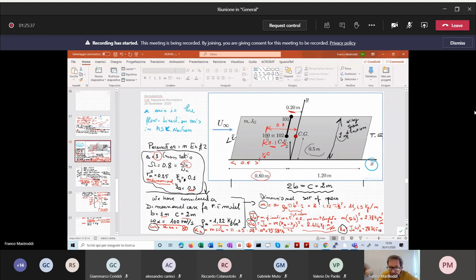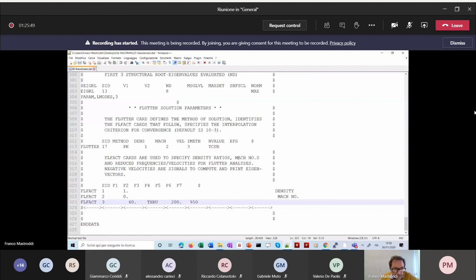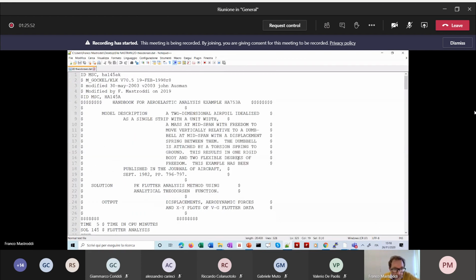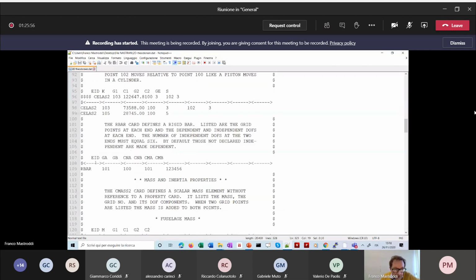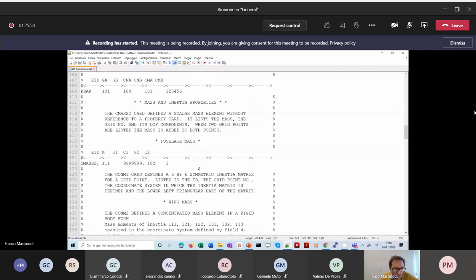We have both of them, and so we can start our discussion. Here we have the elastic part, the rigid bar, and now we have here the attribution of the mass